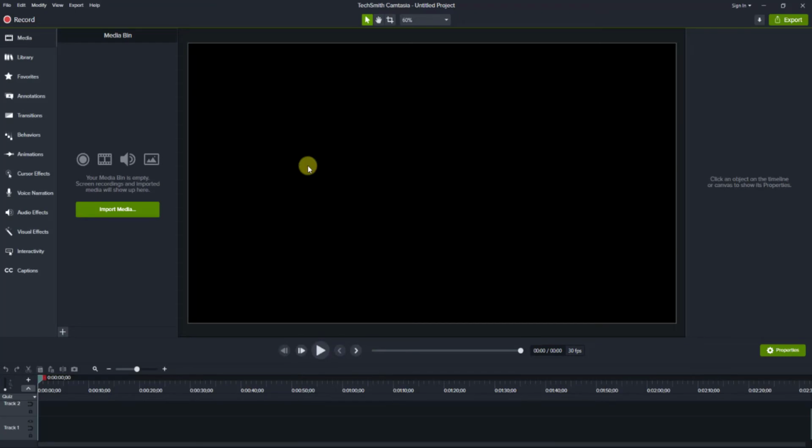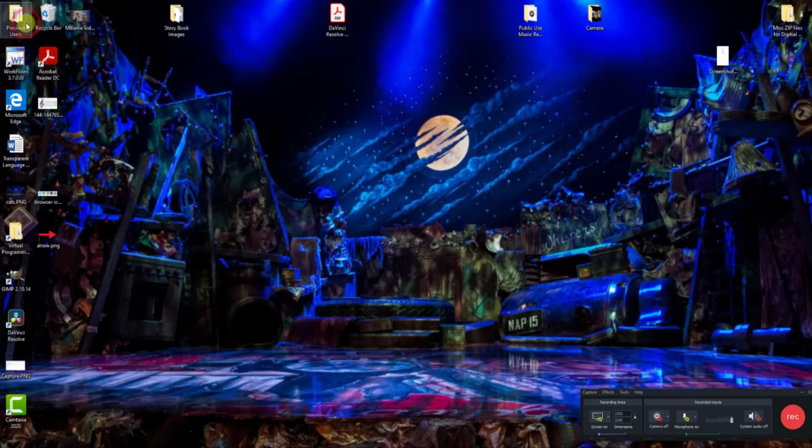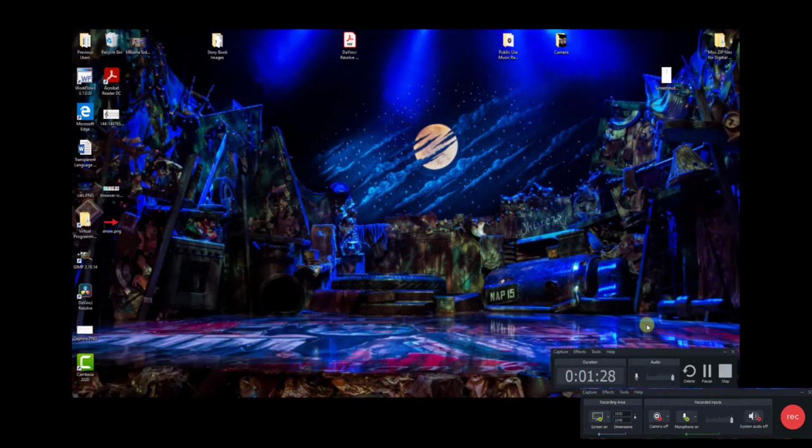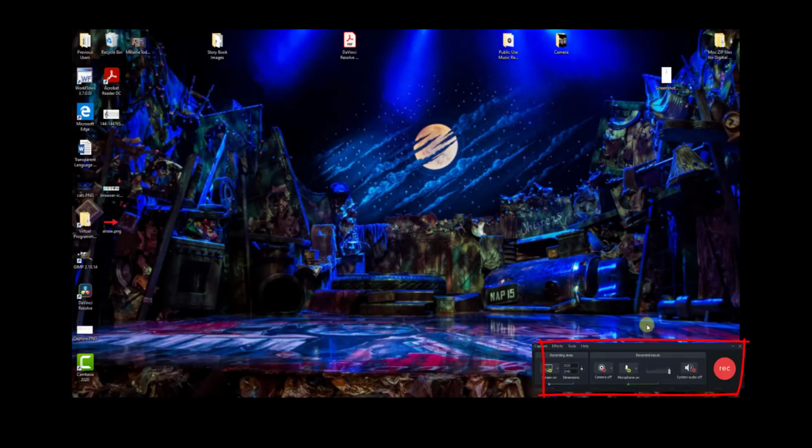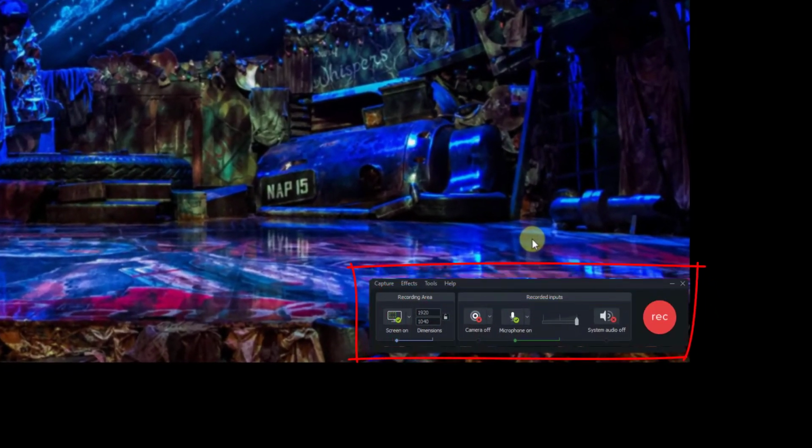Now, for the most part, you don't need to worry about most of these menus here along the side, just this big red record button in the corner. Clicking on that will minimize Camtasia and open up this little box here. Make sure you have the screen on under the recording area, and then make sure you have microphone on under